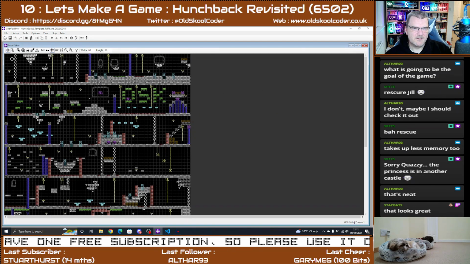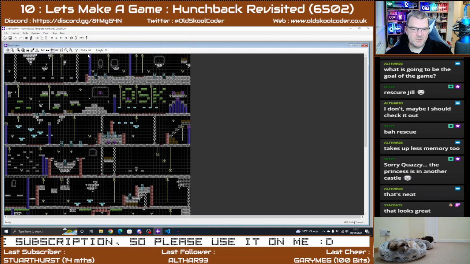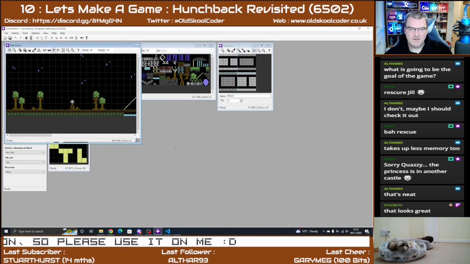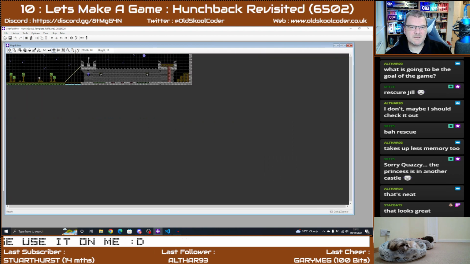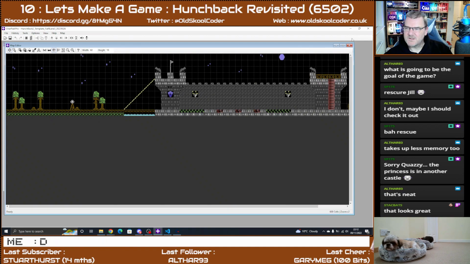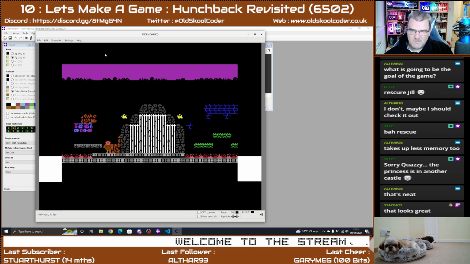Just getting people to make levels so we can add them in. So it's a community project, but the whole point of the game is to rescue Jill. That's the whole point of the game, is to rescue Jill. Which we have got the we've got